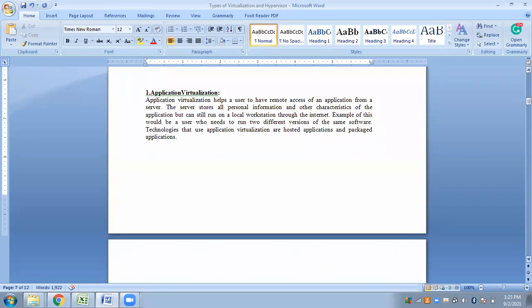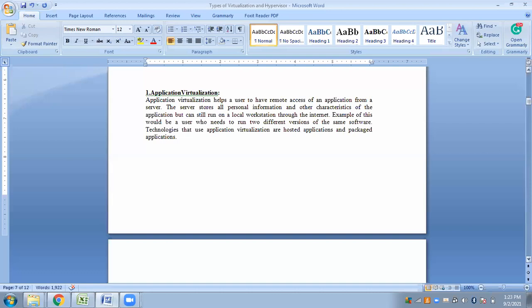Okay, so talking about application virtualization, it is that technology which will allow the user to access and use an application from a separate computer. Your application resides on some other computer, but when you access that application, it will appear on your system, and it will give you an idea that it is running on your system, but no, it's somewhere else, residing in a remote system.